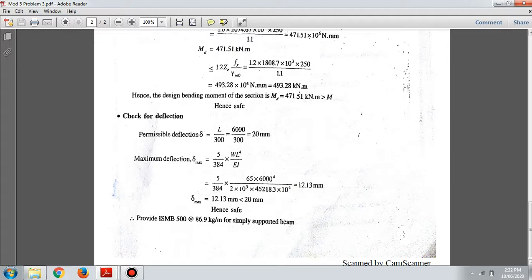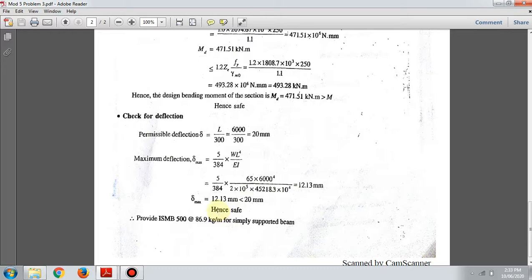for shearing capacity. So the formula for check for shearing capacity is fy divided by root 3 gamma m0 into H into tw. This is for check for shear. So check for shear is also there in IS 800 2007, page number 58. How to check for shear, all formulas are there in the code book. Please watch my video.